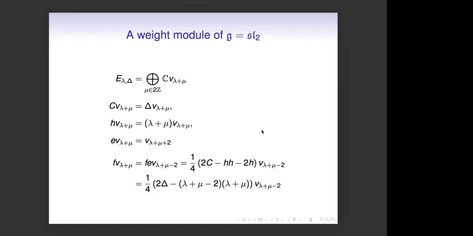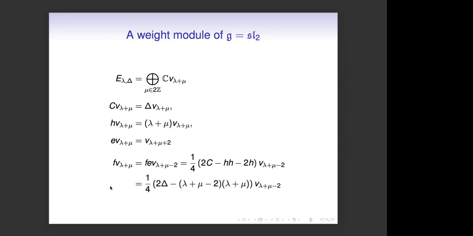So the underlying vector space is infinite dimensional, and it's just indexed by a translate of the root lattice. So the root lattice of SL2 is identified with even integers. And now you want to give it the structure of an SL2 module. The first thing is you fix the action of the Casimir. You say it acts by a certain fixed scalar that you call delta, and H acts on a weight vector by its label. E changes the label by plus 2, and this completely determines the action of F, because F,